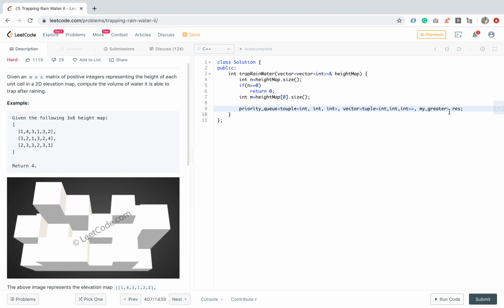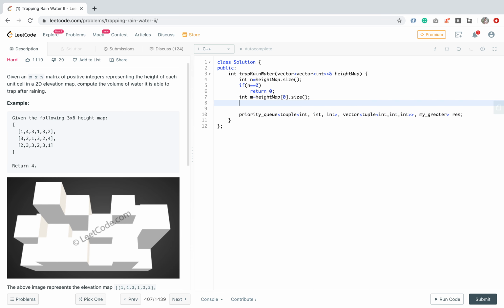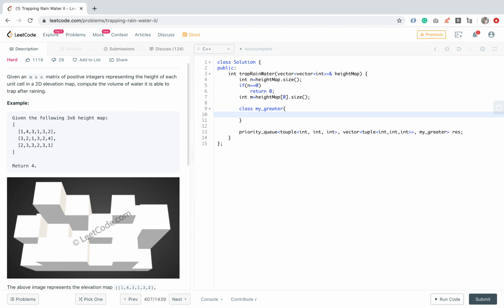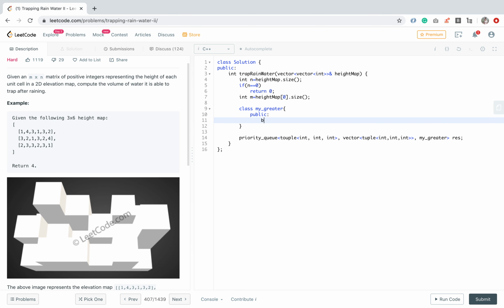So I have to create this class, which basically compares between the two tuples. For that we write a method called operator, which will take two parameters, meaning two tuples, and both should be const.